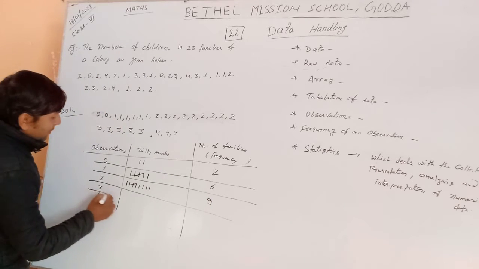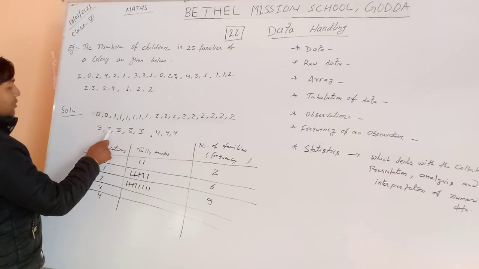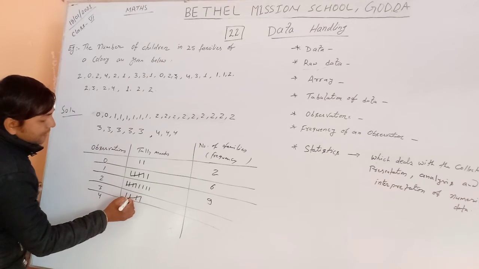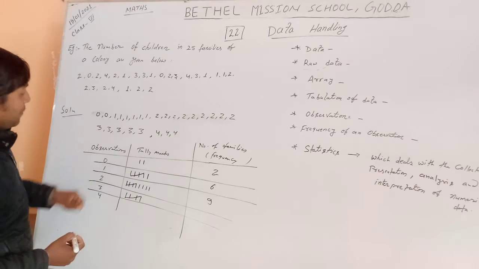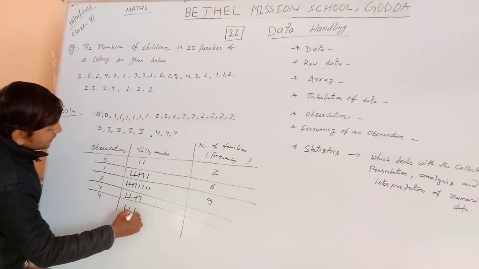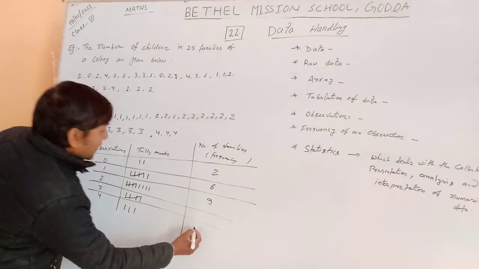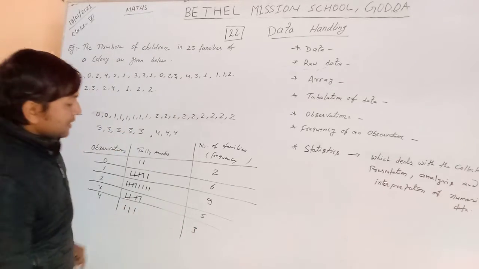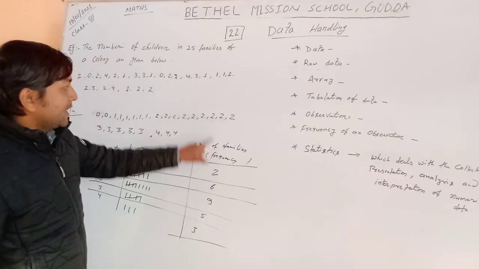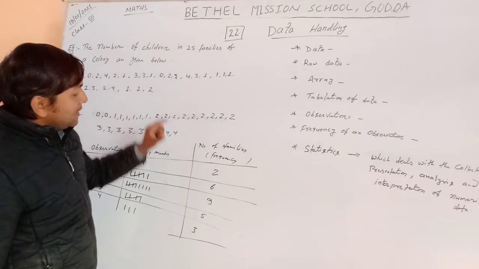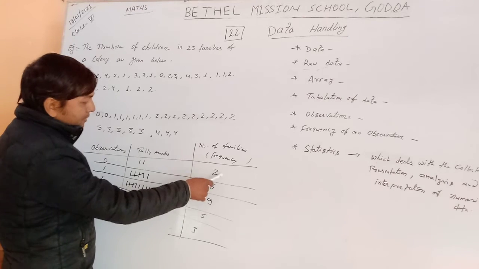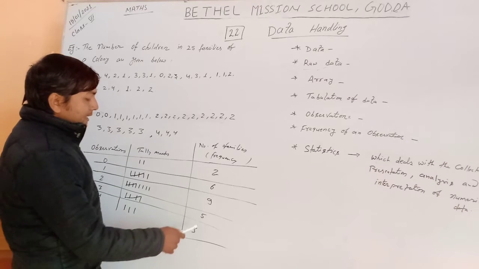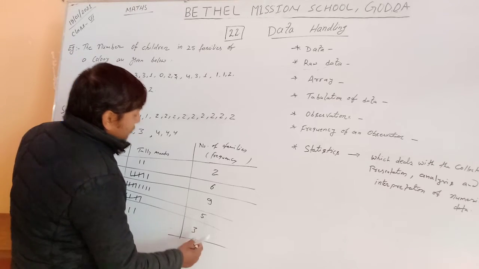Okay. Now 3s. How many 3s? 1, 2, 3, 4, 5. So 1, 2, 3, 4 and 5. Okay. And now 4, 3 times. 1, 2, 3 tally marks. Okay. That is 3 and that is 5. When you count the total, it will be 25 families. Now count 6 plus 9, that is 15, 15 and 5 is 20, and 5 more makes 25.